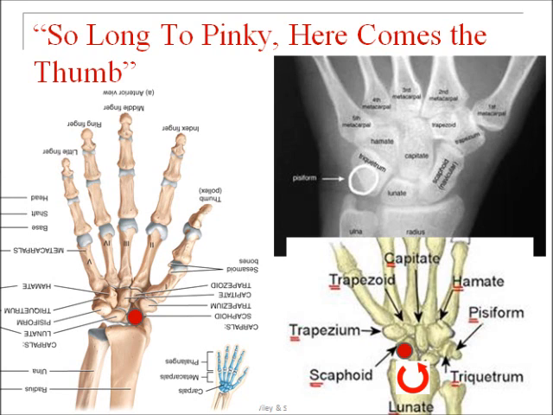So even though they're tiny, their bone shape classification is still a long bone. So that means that each of the 14 phalanx will have a base, a shaft, and a head to them. So take a look at your reading left, which is the anterior or palm